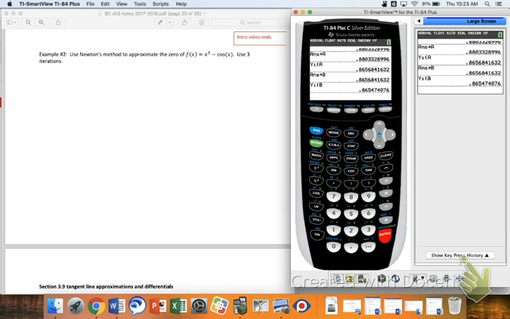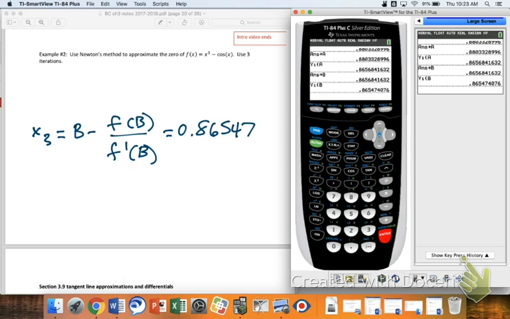Like all those things that I had up there, then they got erased because it's kind of a pain, but I like the video here. In the end, you're going to write, x3 equals B minus f of B over f prime of B, and that equals